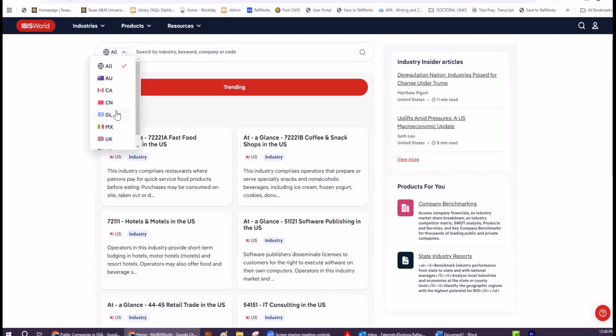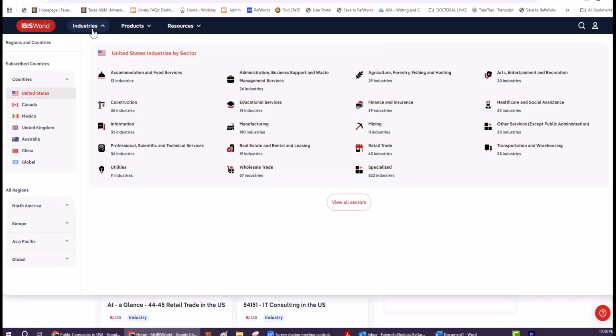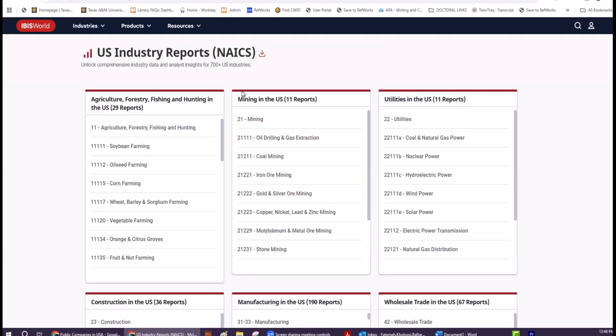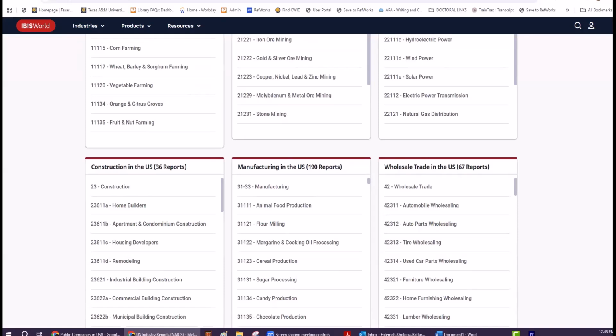There are not a lot, just these. Or you may go to industries directly and click on view all sectors, and it gives you all sectors with their numbers. Here you can select. Let's do construction, for example, randomly. When I click on that, let's see.